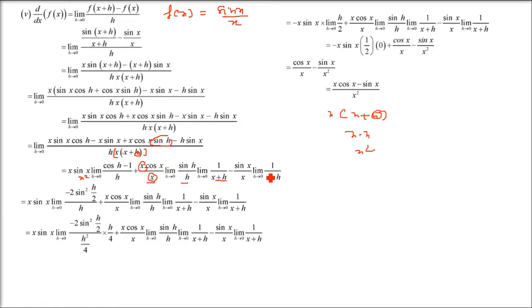So x cancels. Now coming to the third one, h sin x, you also have x square h. So h gets cancelled and you have sin x by x square. Eventually sin x by x square will come. Just assume that sin x by x square is going to come, because as h tends to 0, 1 by x plus h is going to be 1 by x only. So sin x by x square will come, right? We have already seen this last time. This is solved.